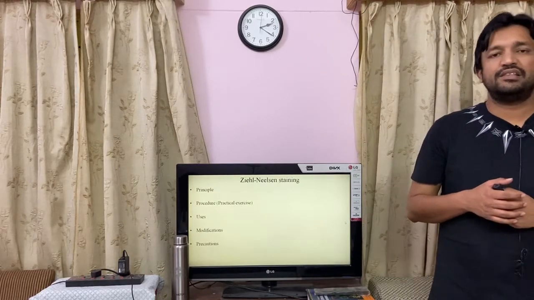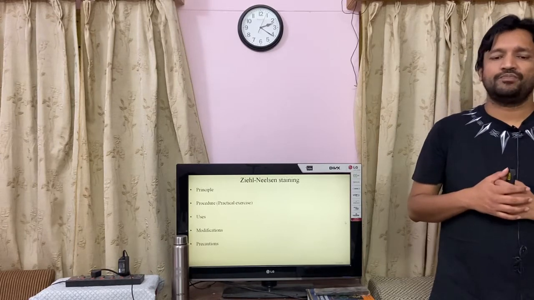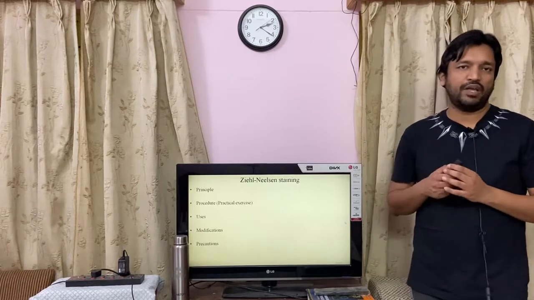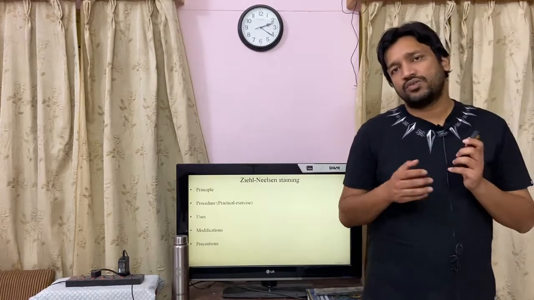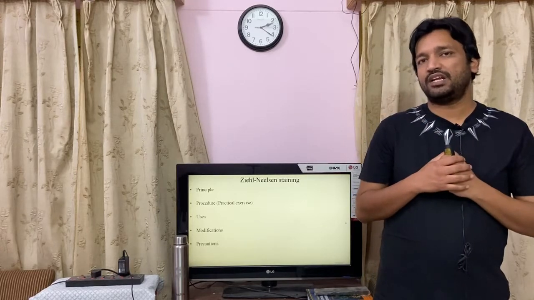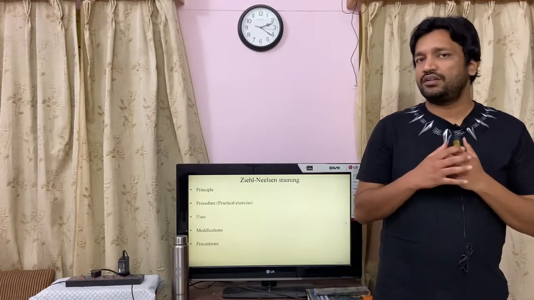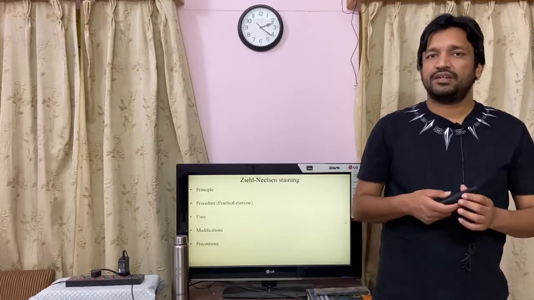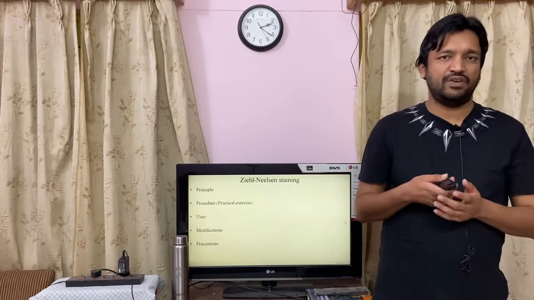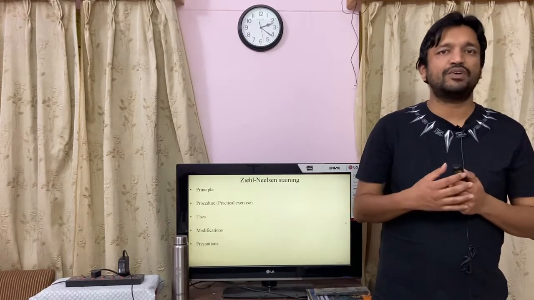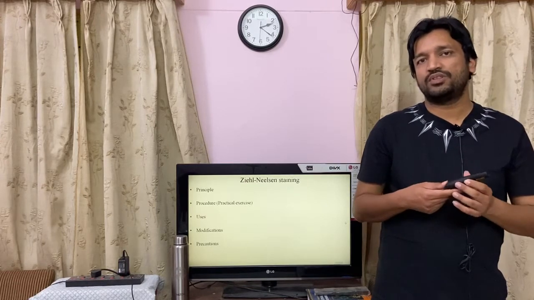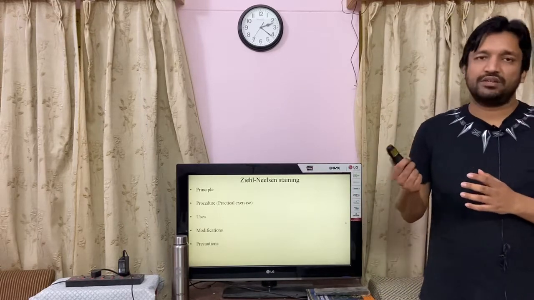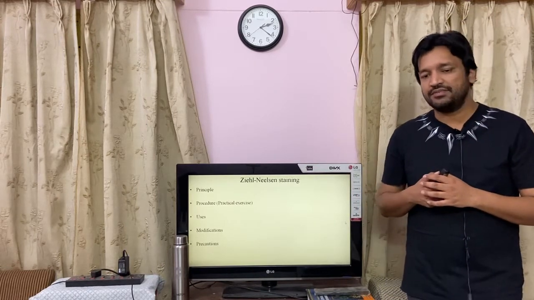Second is Ziehl-Neelsen staining or acid-fast staining. Principle is very important. Certain bacteria have mycolic acid in their cell wall, so they will bind the primary stain carbolfuchsin and resist decolorization using acids. Not only bacteria, there are certain other structures as well that will take up this acid-fast stain. Examples of these include the coccidian parasites and spores. Procedure will be shown during the practical exercise.